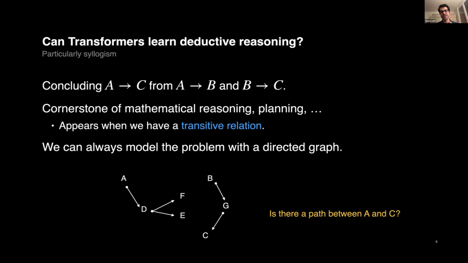We can always model such problems with basically some nodes and some edges between these nodes. For example, we have here an edge from A to D and then from D to F, and we ask whether there is a path from A to F or from A to C. This is the abstract version of this reasoning problem. Here we focus on this easier input format and abstract version, where we only have symbols. But in the real world we have clauses instead of these symbols, and it would make everything even more complicated.